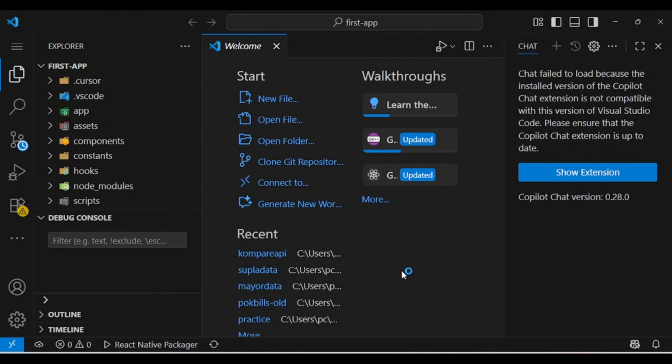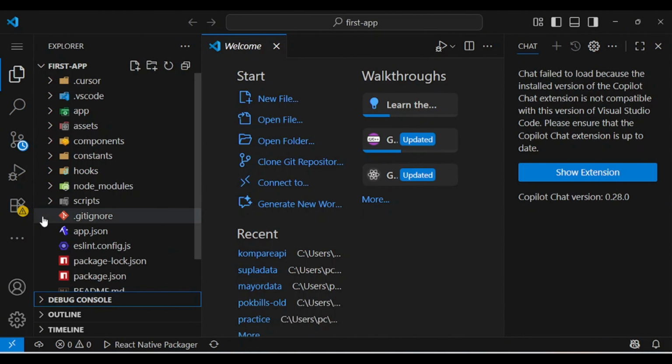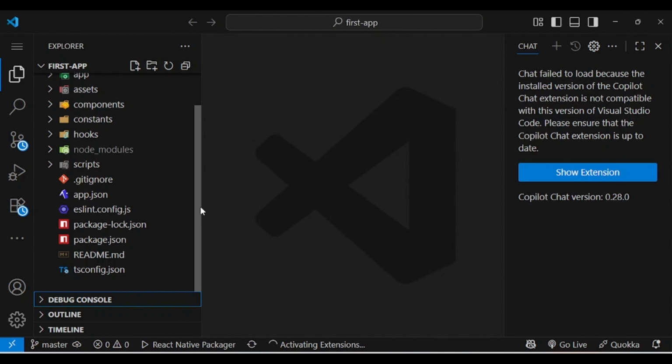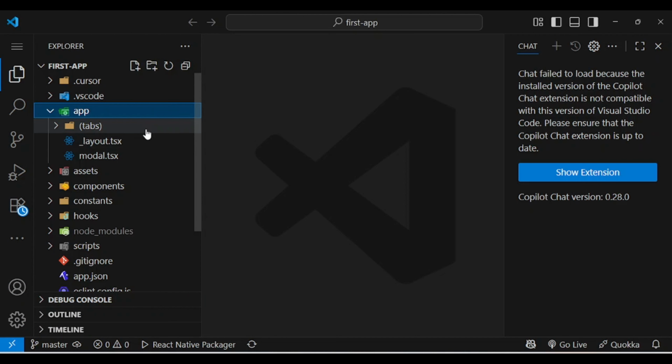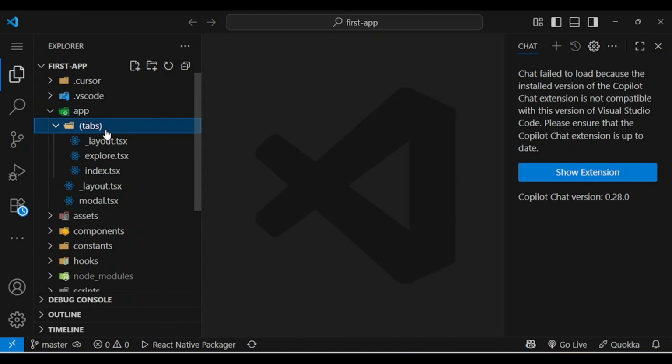What's the next thing? We can see we have a lot of files and a lot of folders, and you don't really need to worry about all these for now. Let's just quickly go through some of the most important files inside the app folder. You can see we have a lot of things. Click on the tabs and then the index.tsx